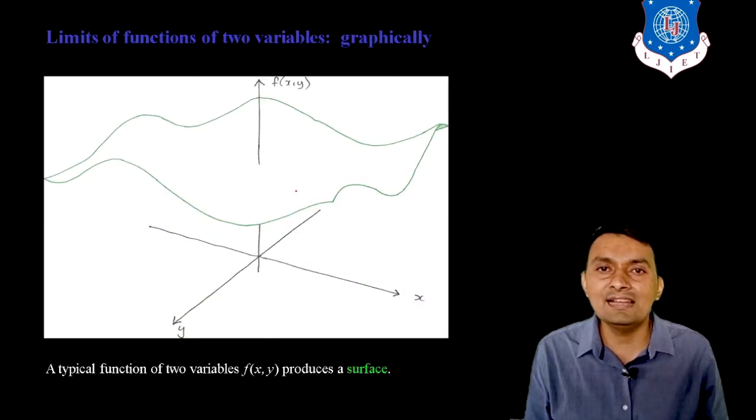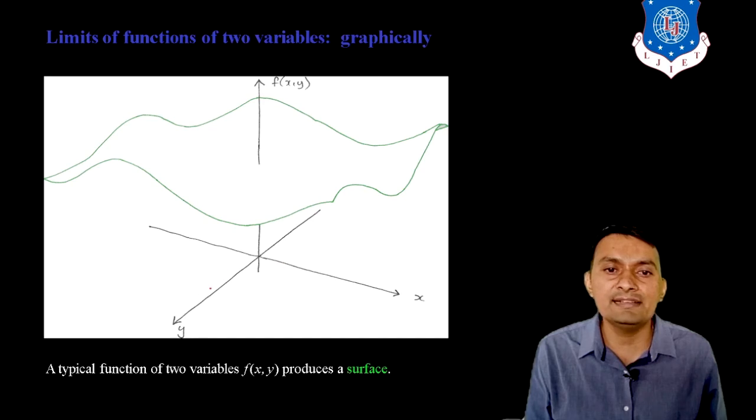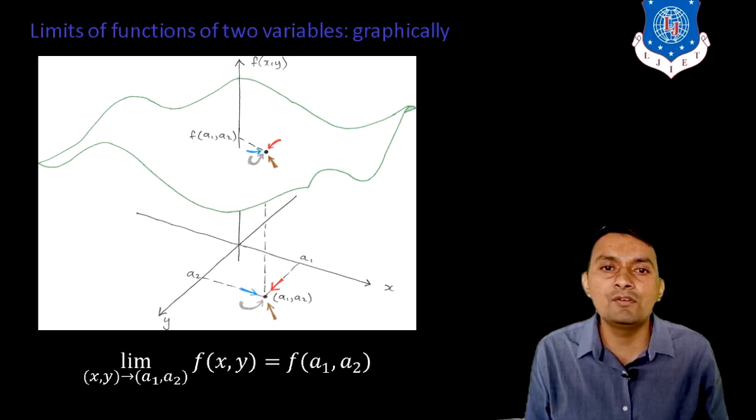Here let us understand the graphical representation of a function of two variables. This is our x-axis and this is the y-axis. Based on that, this is our function z equal to f of x, y. Whenever we take the input as x, y, our output is here. If I take as input the x coordinate x equal to 1 and y equal to 2, the intersection point is this one. Based on that, we can determine the point on the surface. That point will be f of 1, 2, and that will be our output.